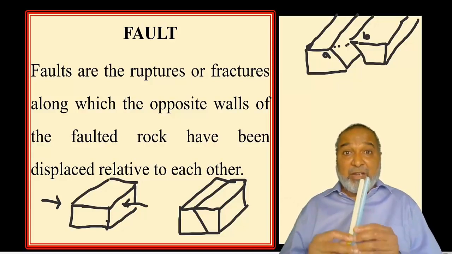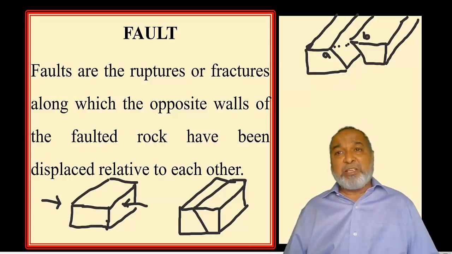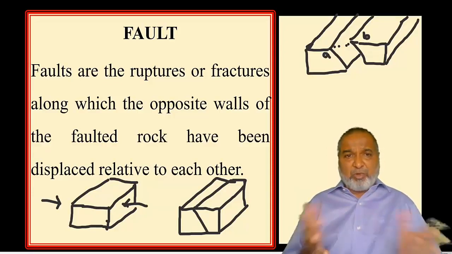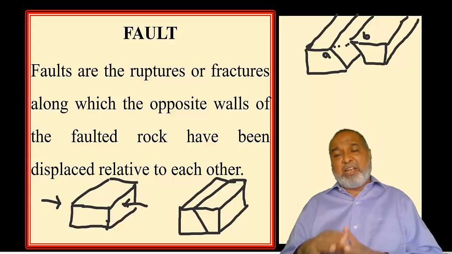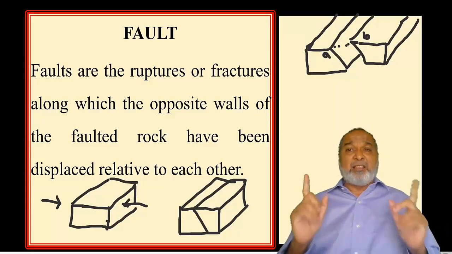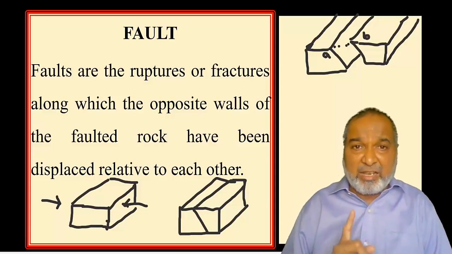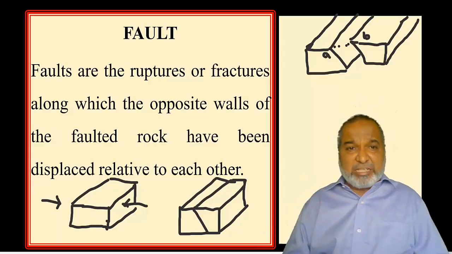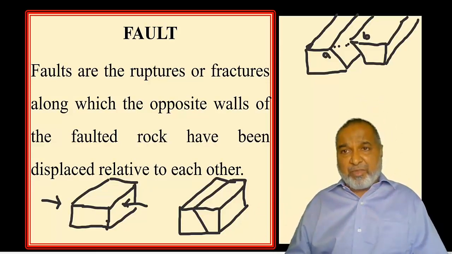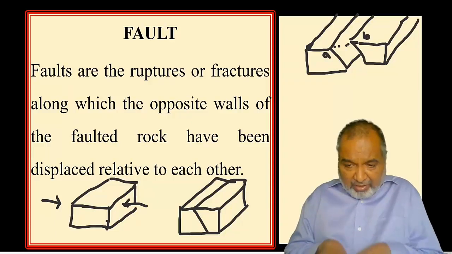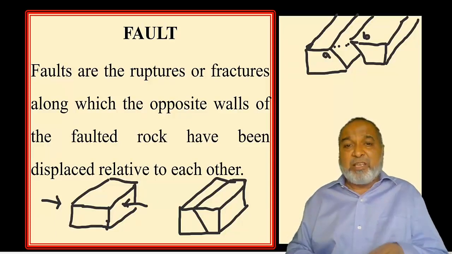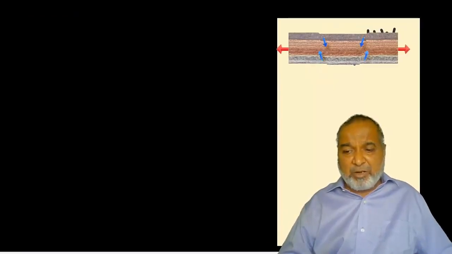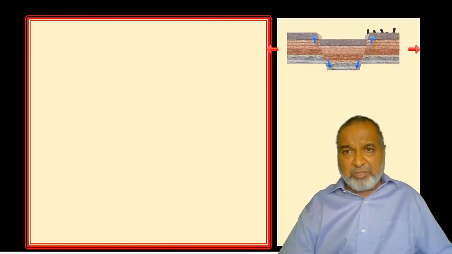The displacement has taken place relatively, that is the very important one. The displacement which takes place along this fracture or rupture on both sides of the opposite block, and that relative displacement, once it has taken place, is called a fault. Fault is a line of rupture or a fracture along which the two blocks have been displaced relative to each other. Yes, before faulting they are united, but after faulting they have been displaced. So that is a relative displacement you are going to see. Now in this we'll see its terminology. So here we have shown you the animation now. See, very clear.